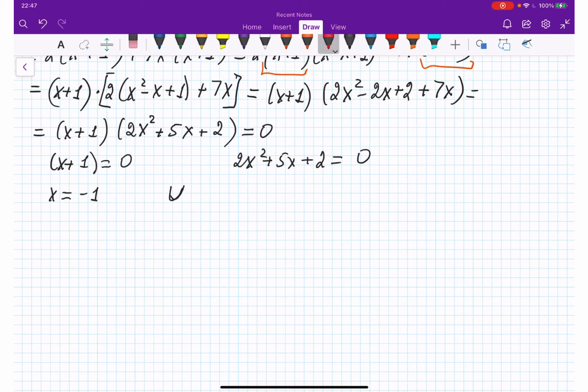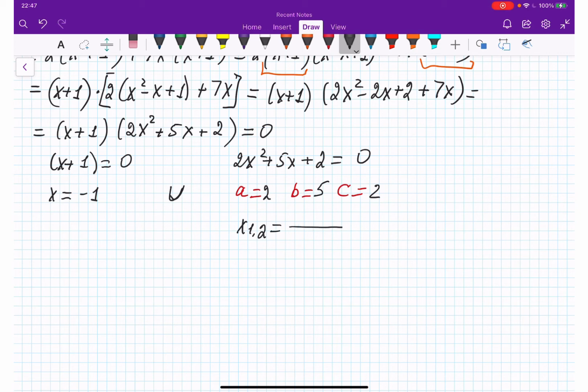And from here, 2x squared plus 5x plus 2, it's like a quadratic equation. So we're going to solve it. And it's going to be our A, B, and C. So A is 2, B is 5, and C is 2, right? This is our A, this is B, and this is C. Okay, and from here, I will get